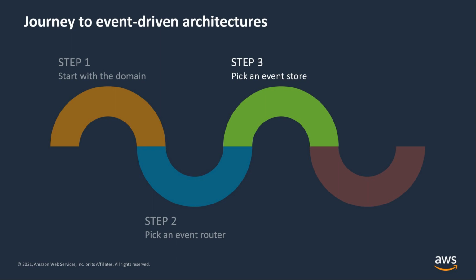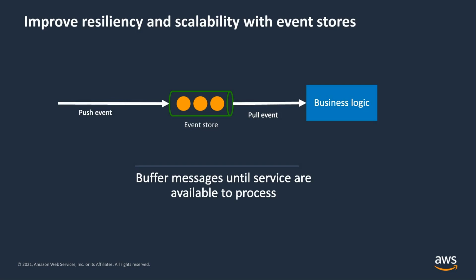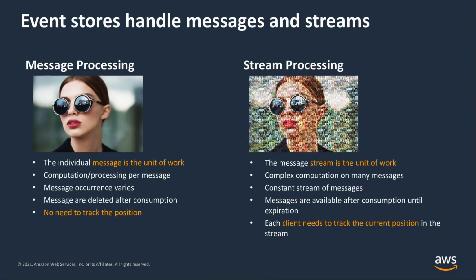All right, so following our path here, we understand our domain. We've chosen an event router, so we either chose Eventbridge or possibly SNS, and then we need to pick what's called an event store. This is the persistence mechanism for each event. Until now, we looked at choreographing events between microservices. When events are delivered to microservices, what if the delivery is too fast for the microservice to process the event? Event stores come in handy at this point, where you can buffer messages and control the rate of the incoming events as they arrive.